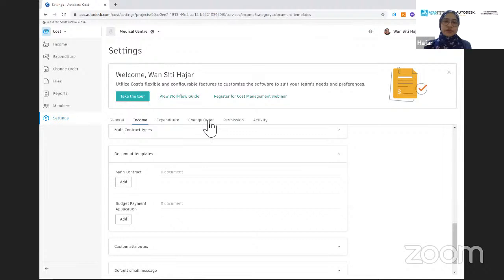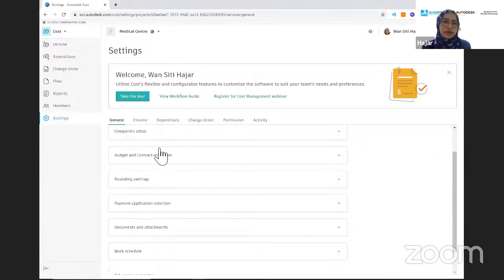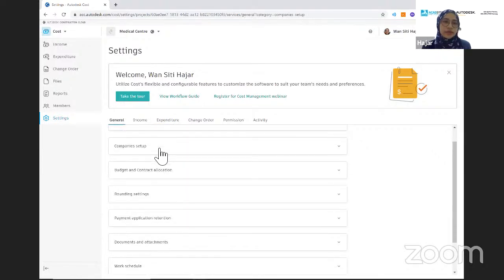So for today, I'm just going to proceed with the Autodesk template. If you want to change them, you can change from that. Now we're going to set up the companies. If you go back to general here, for the companies, click on the drop down here for the companies,